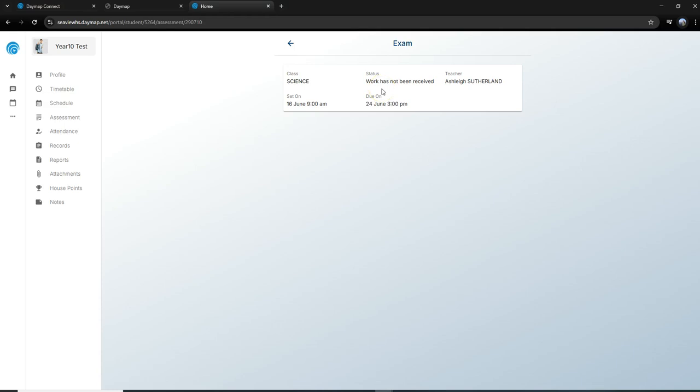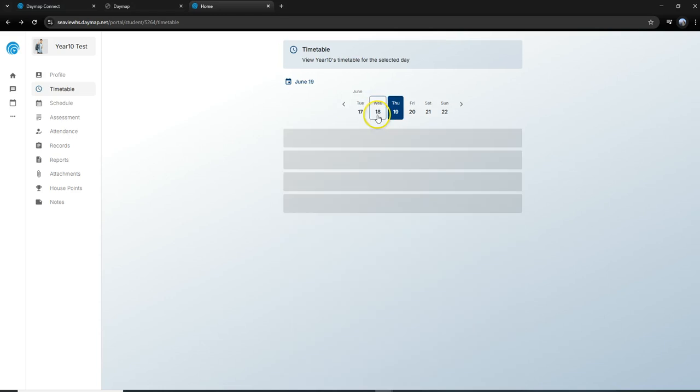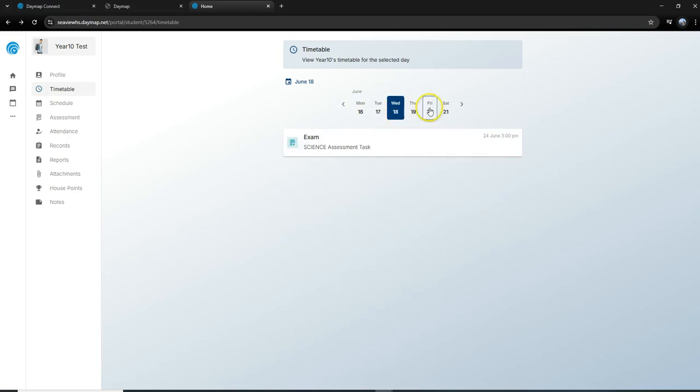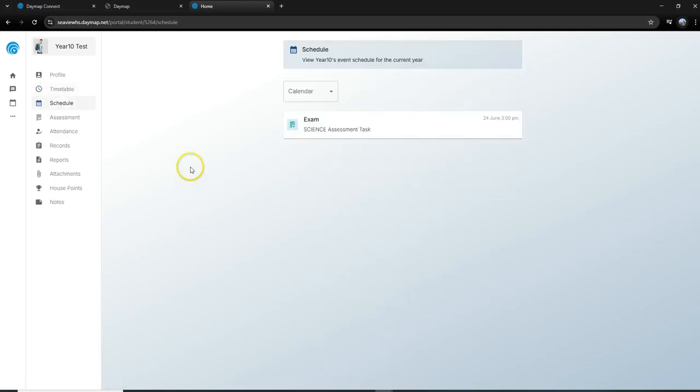Now this is an exam, which obviously isn't a great example, but this gives you greater flexibility to be able to have a look within the life of your child, and you can scroll back between days as well to see what's actually happening for them. If you want to have a look at their schedule, again, there's not a lot of information here within the test student, but you'll be able to see all the information here around all the tasks they've got